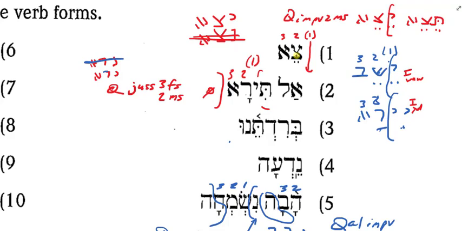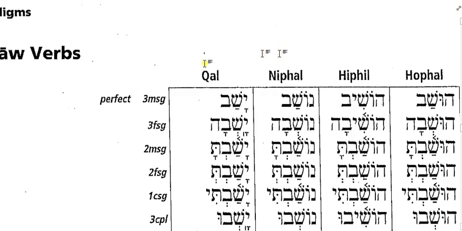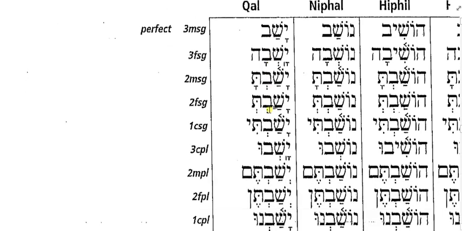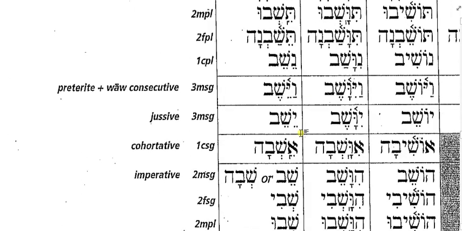Now, if you want to take a look at your paradigms, go to the one yod, one vav section. Let's just take a look at what we've got here. I just want you to see for the verb yashav, which is an original one vav, in the perfect, that root one yod is there, and perfectly happy because it is a consonant yod, right? But in the Qal imperfect, I have yeshev, teshev, teshev, teshevi, eshev. Every prefix gets a tsere and nothing else, and then I go straight to root 2, all right?